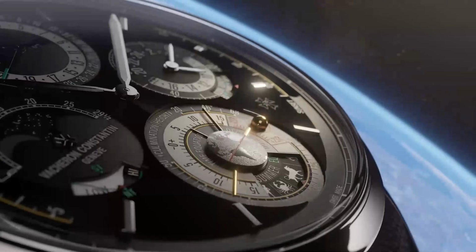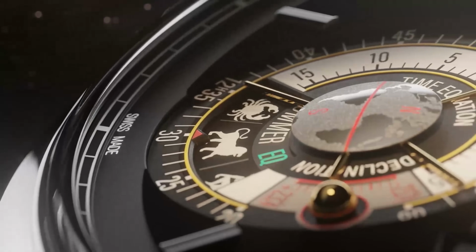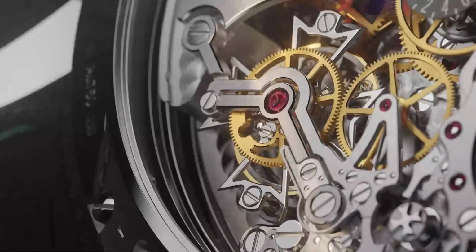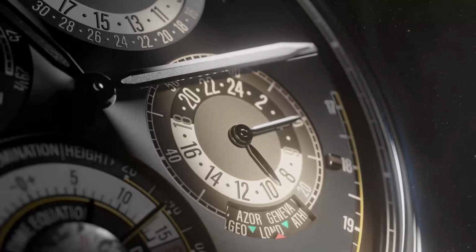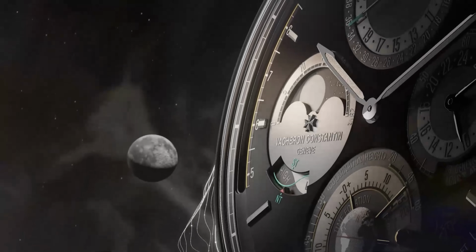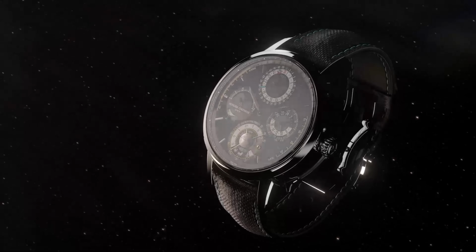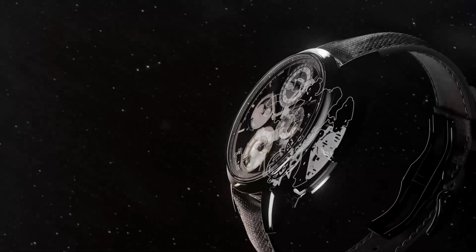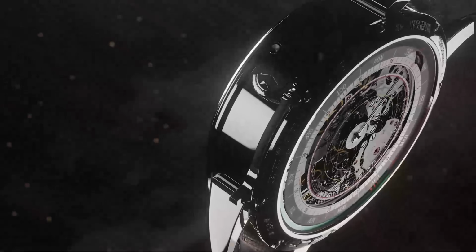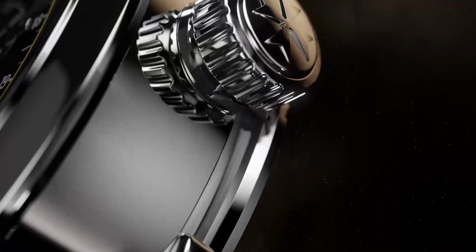Deep breath. Day and night indicator for local time, a 24-hour display for home time also with day and night indication, world time indication for 24 cities, a tourbillon with silicon balance spring, civil time display, perpetual calendar including days of the week, date, months, years, leap years and day and week numbers to ISO 8601, plus moon phase and age, tide level indicator and spring and neap tides indications, as well as seasons, equinoxes, solstices and zodiac signs, not to mention sun position, sunrise, sunset, day duration, equation of time, sun culmination time, sun horizon height, sun declination, sidereal hours and